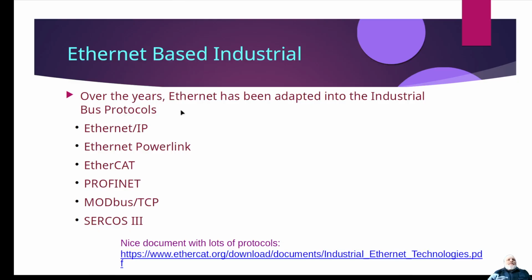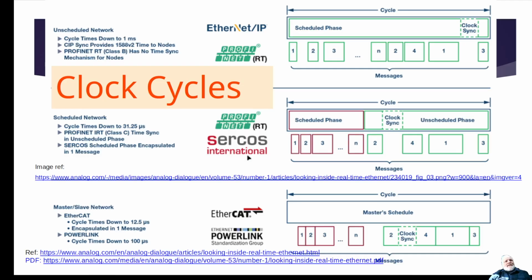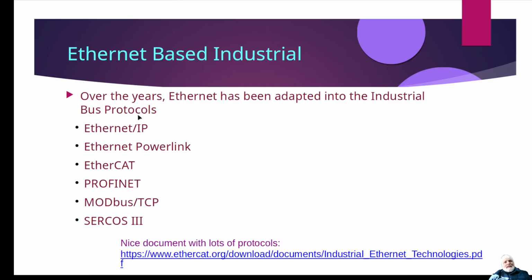All right, so there's a lot of these newer networks that utilize the Ethernet base on there. The first one of these we'll talk about is Ethernet/IP, which means industrial protocol. And then there's a couple other ones: Ethernet PowerLink, and then EtherCAT. And then there's Profinet and Modbus TCP. I think the three big ones, like I marked on that other slide, are Ethernet/IP, Profinet, and